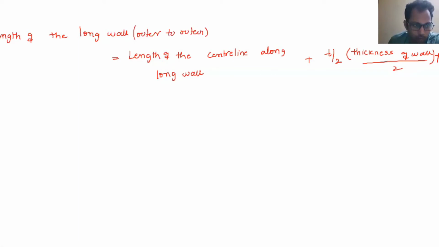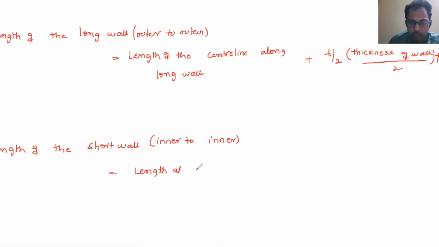Whereas the length of the short wall is equal to inner to inner. That means the length along the center line of the short wall, minus t by 2 on one side, minus t by 2 on the other side. Okay, if you see here,